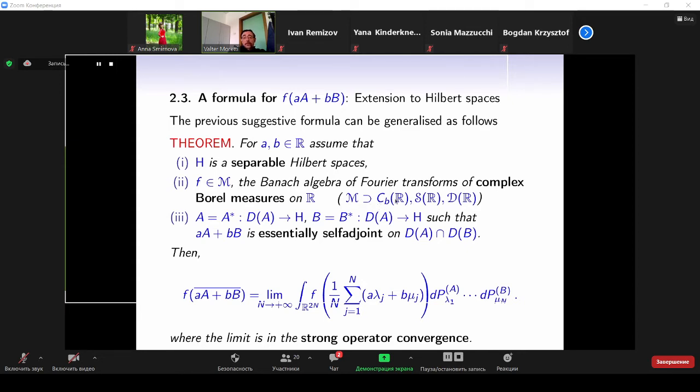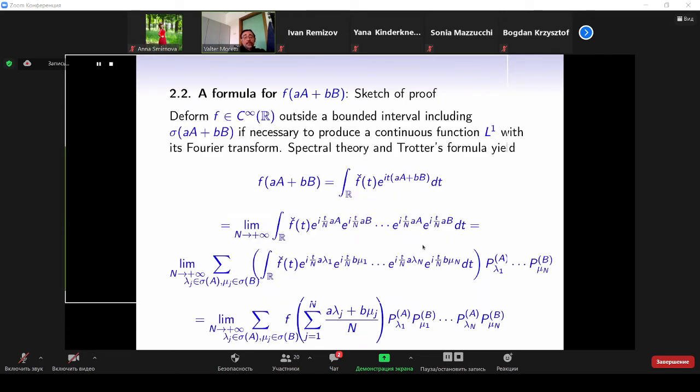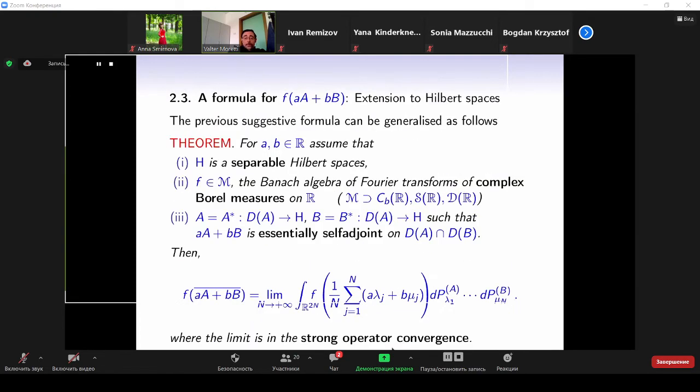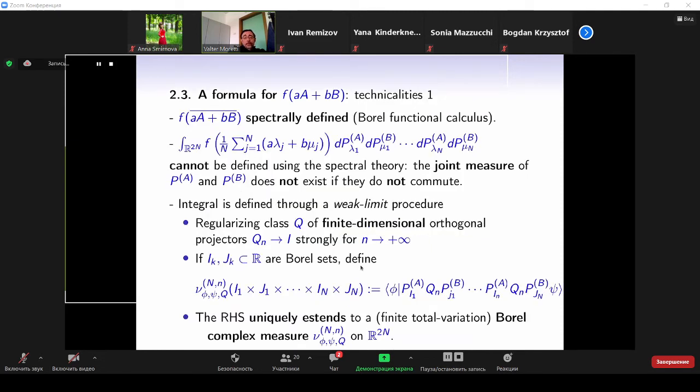This family contains the continuous bounded functions, the Schwartz space, the test function space. Okay, the limit is computed using the strong operator convergence. Also in this case, because the Trotter formula is valid in general in the strong topology of operators. I will not enter into the details, but I would say just something about the construction